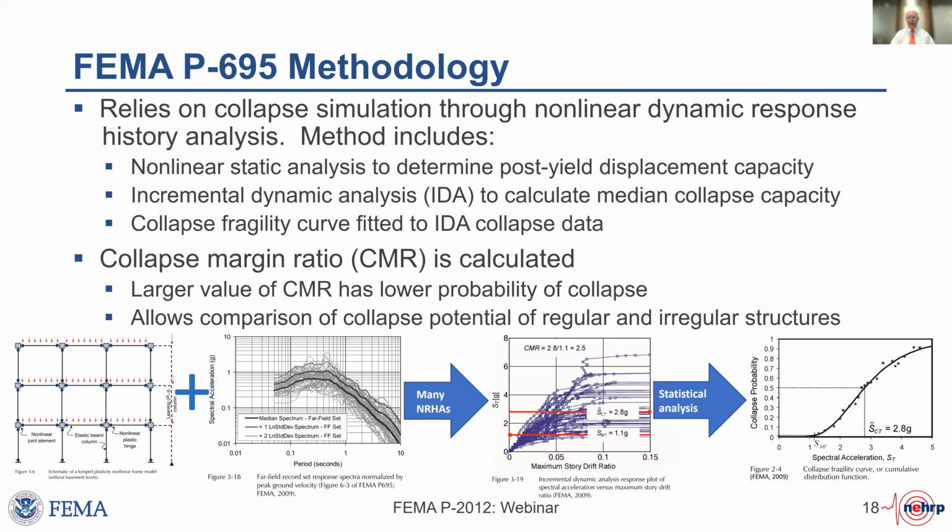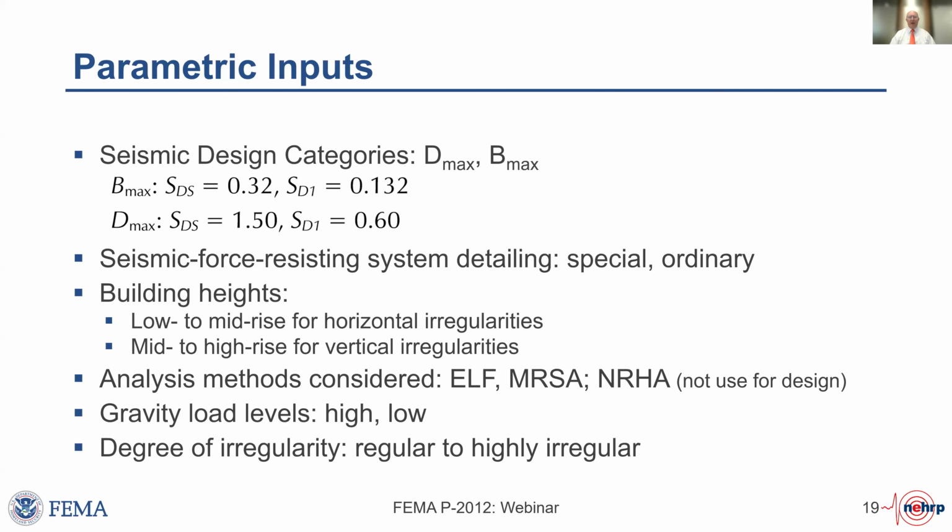Because the reality is you can always shake something hard enough to cause collapse. It's just a question of when and how much that deviates from the design target. So that method is used in order to better understand collapse. The project wanted to have broad application across the US. And of course, to that same degree, it could have application worldwide to the degree that the types of construction